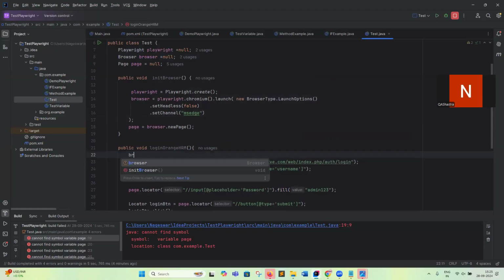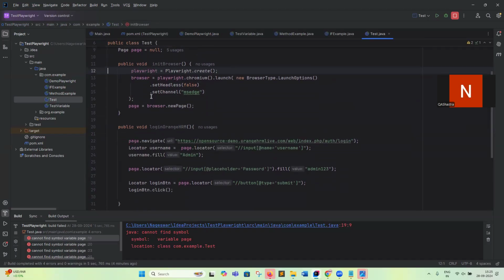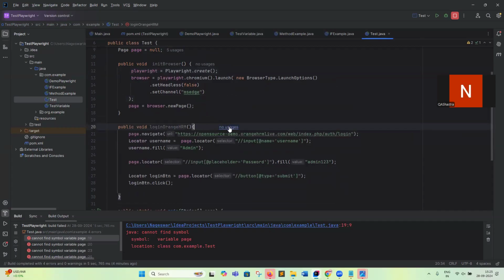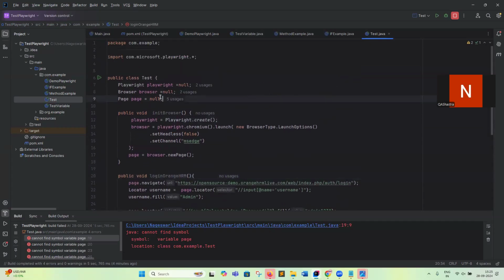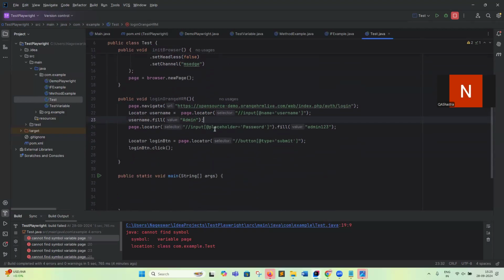Suppose you want to open a new Chrome browser instance, you can access it within the other methods. Now the code looks very friendly. So these are the three instance variables, and these are the three instance references we called. And now you can see